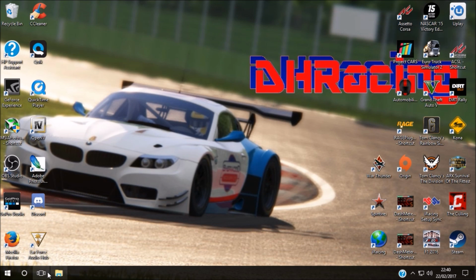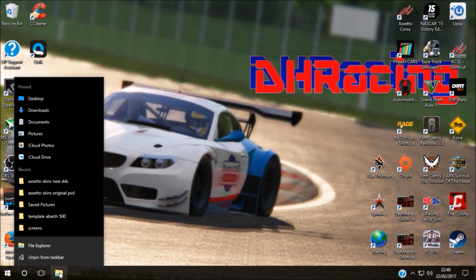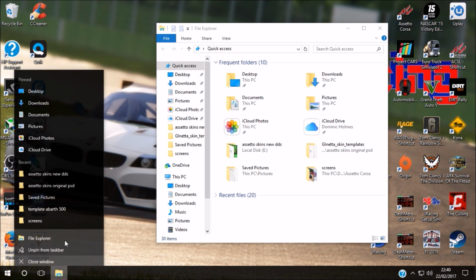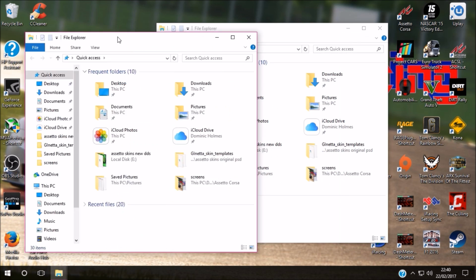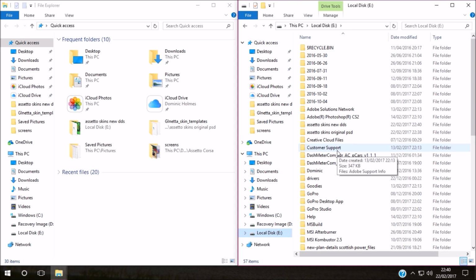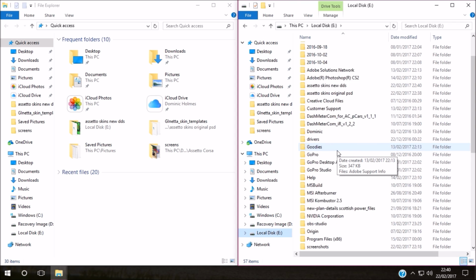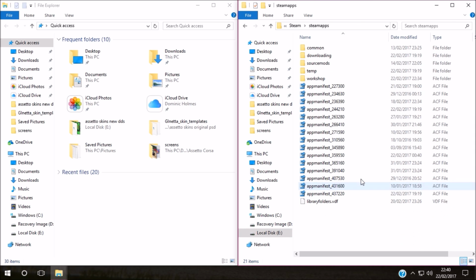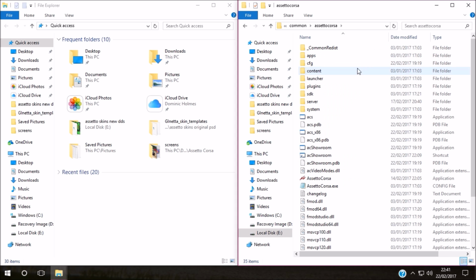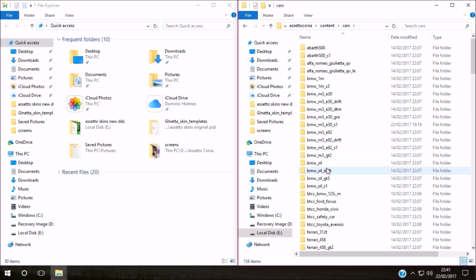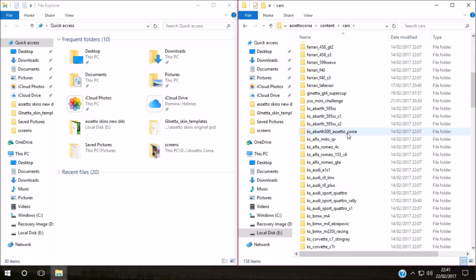Now I want to chuck it into game. So I want to right click on there, open up my file explorer. I'll open up two. This is how I do it. Some people might find it easier other ways, but this is how I do it. So now I want to go into the game skins. So I'm going to go Program Files, Steam apps, common, Assetto Corsa, content, cars. Now you want to find that car, which was the Alpha,